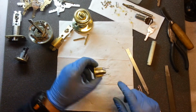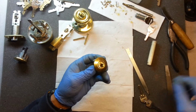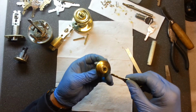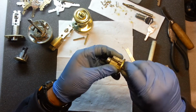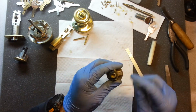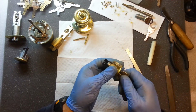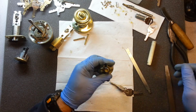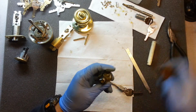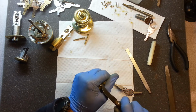What we want to do is take this center piece out. We'll put the key back in there. See how it turns back and forth. Then we want to take this little washer out, but we want to be careful that this doesn't pop out on us. Sometimes you can just leave this key out and it's not going anywhere until you put that key back in. So if we work this washer out